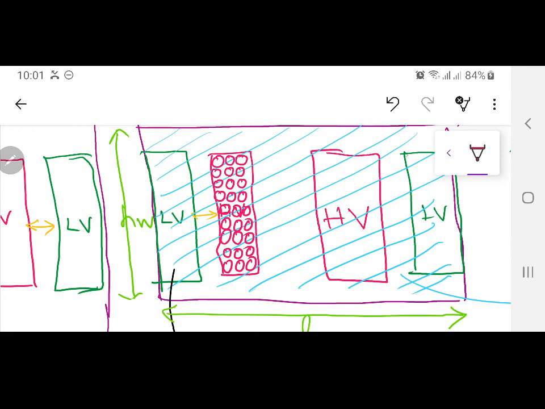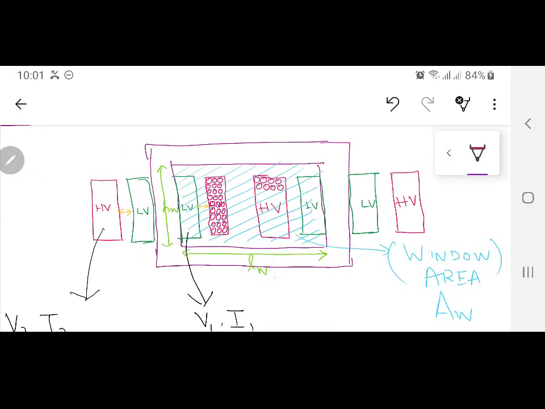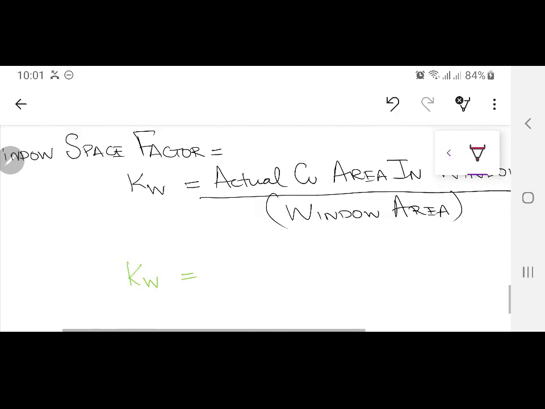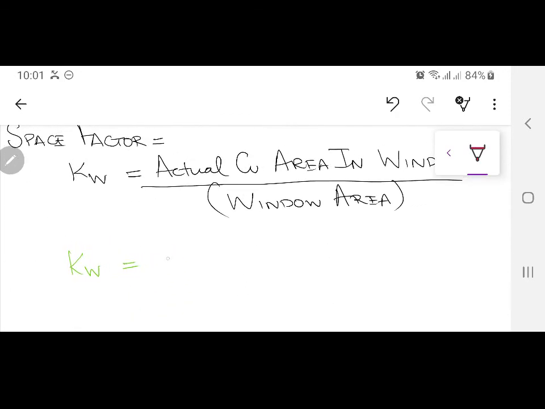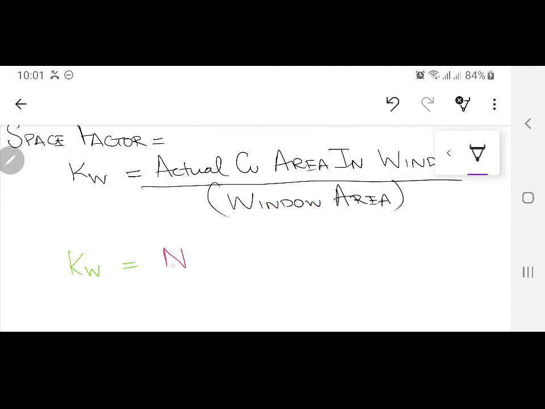Okay. Similarly, sorry, this is the high voltage winding. The high voltage winding will have conductors over here. So this area is A2. How many turns are there inside this total window? That is N2. Isn't it? Half is here, half is here, but they are covering the whole window area. So when I am interested in the actual copper area, I can write it, using another color, as N1 A1 plus N2 A2.